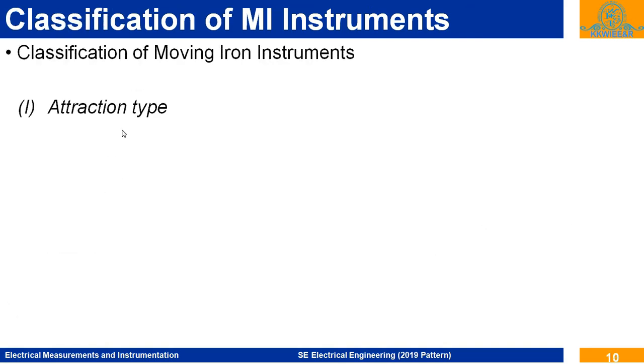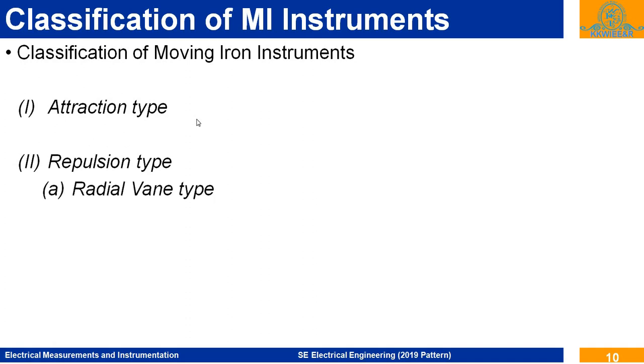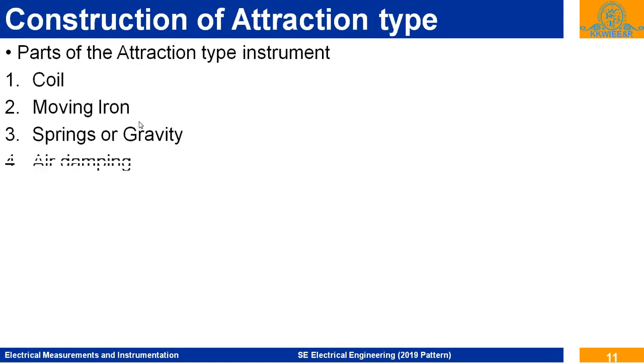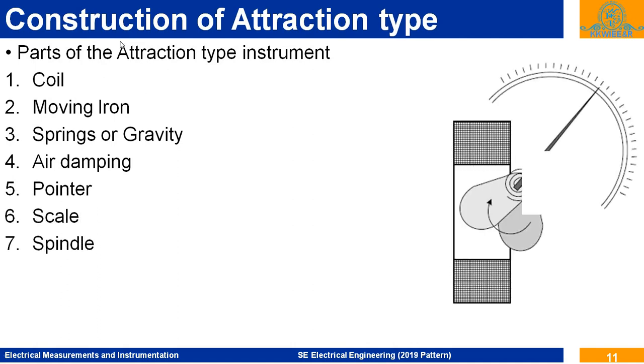So, classification of moving iron instrument. Based on the construction, these instruments are classified as attraction type instrument and repulsion type instrument. Further, the repulsion type instrument is classified as radial vane type and coaxial vane type instrument. Now we'll start with the construction of the attraction type